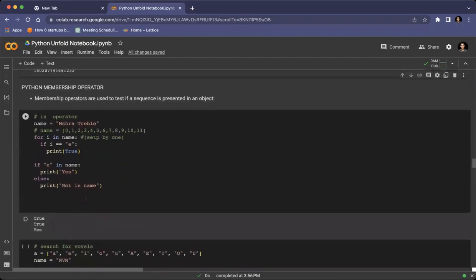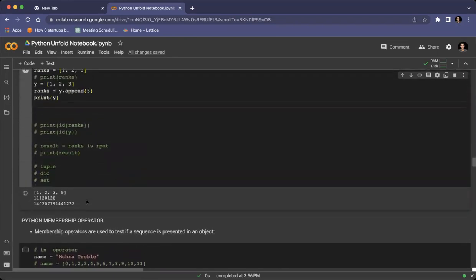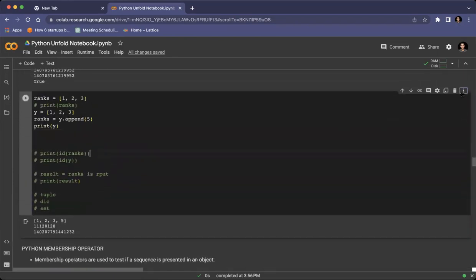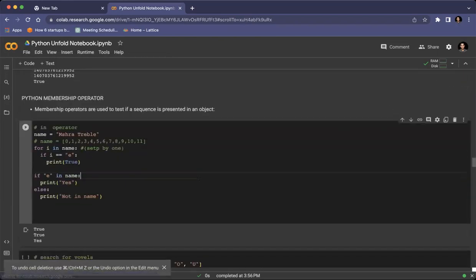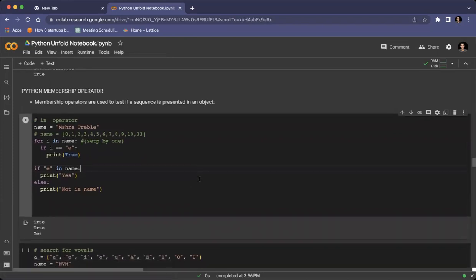Okay, Python membership operator. Now read this. Python membership operator. This membership operator is used to test if a sequence is present in an object, which means